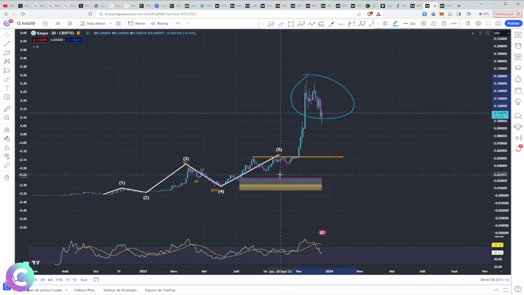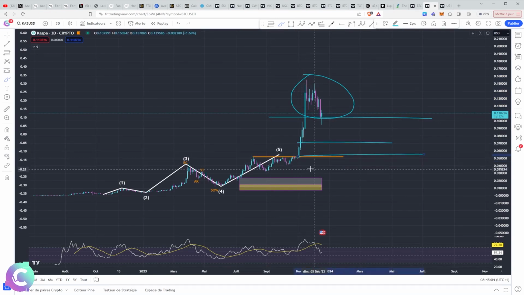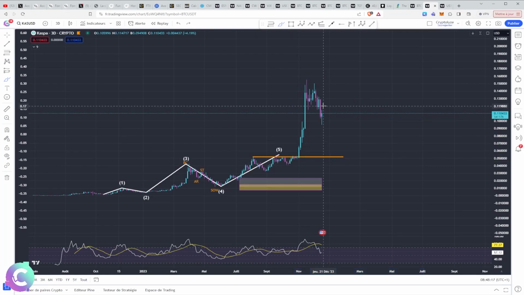It really depends on the level of purchase you want to make. Here we can have a very nice entry, but we must take into consideration that we can retest this level of rupture, based on what will happen on BTC, on the general crypto market, and the weight of US regulations on all cryptos. I think we will have a 2024 year focused on regulation, and at the same time at the heart of American politics, in which we will have the elections, don't forget, in 2024, in which things might shake up.